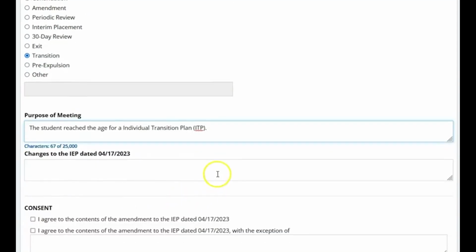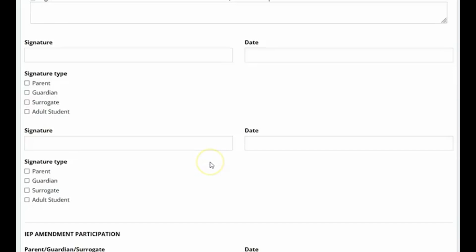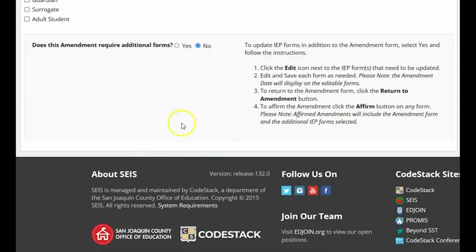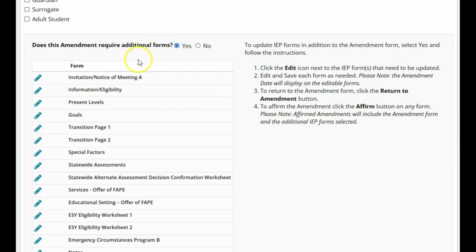And then what you'll want to do is scroll all the way down because we need some additional forms in order for the IEP team to determine what transition is going to look like. So at the very bottom, it says, does this amendment require additional forms? Go ahead and select yes, and you can see how it'll populate various forms that you would need for this